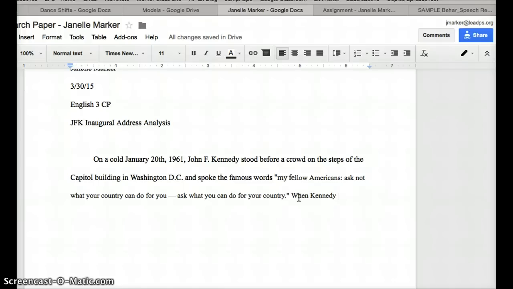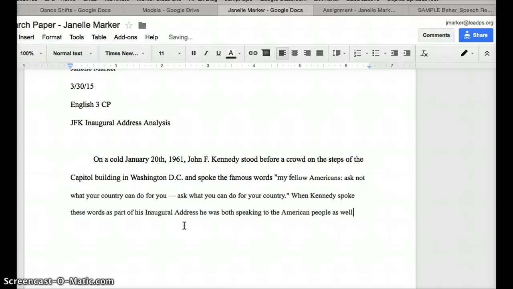Call them by their last name. So when Kennedy, I'm going to reference, I just talked about him speaking these words, so I think I'm going to connect it and say when Kennedy spoke these words, and I guess I haven't said yet actually that this is his inaugural address. I mean, it's in January on the Capitol and he's the president, but let me say that. When Kennedy spoke these words as part of his inaugural address, he was both speaking to the American people